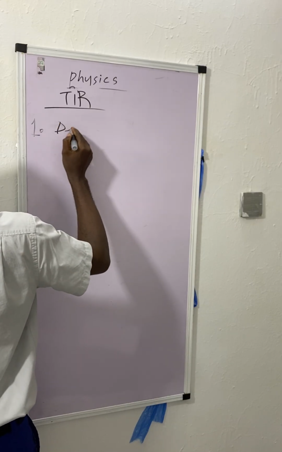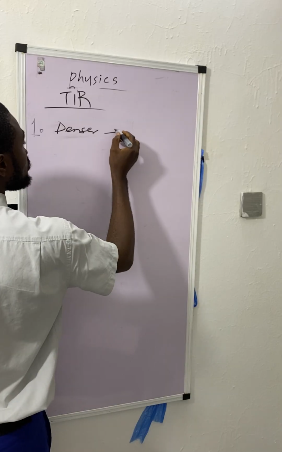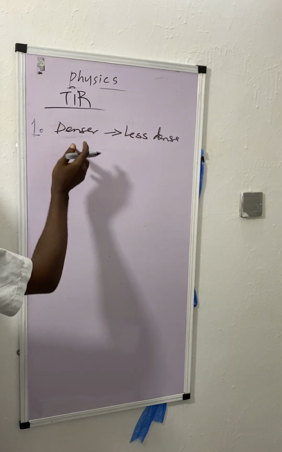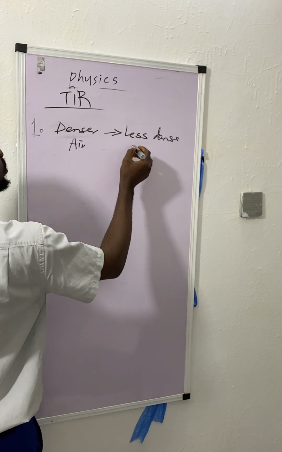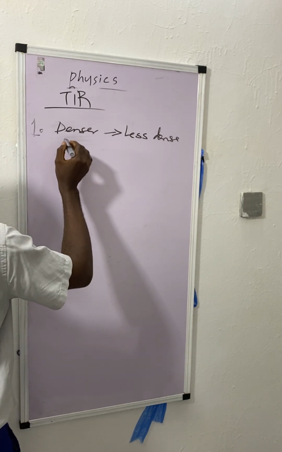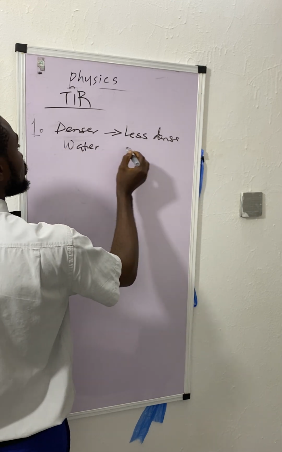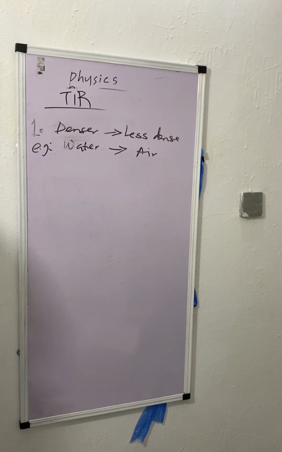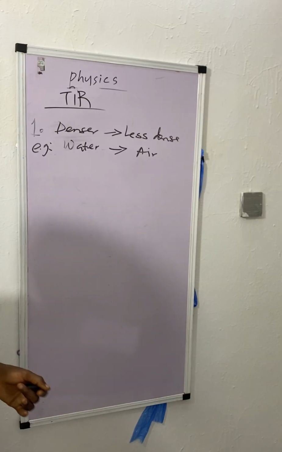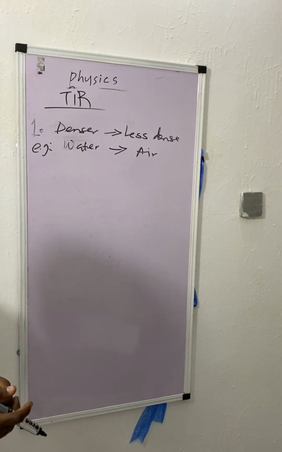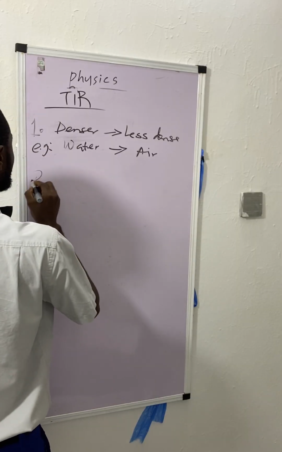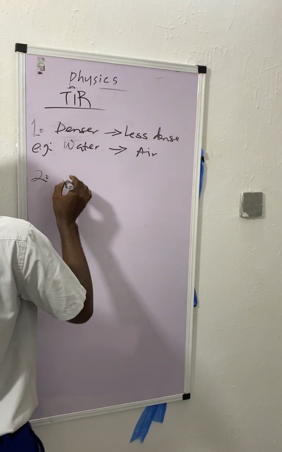Denser to where? Less dense. That's denser medium, for example, air. No, denser medium is water to air. So this one is an example, e.g. water to air. Then the second condition for total internal reflection is the angle of incidence must be greater than the critical angle. Number two, angle of incidence